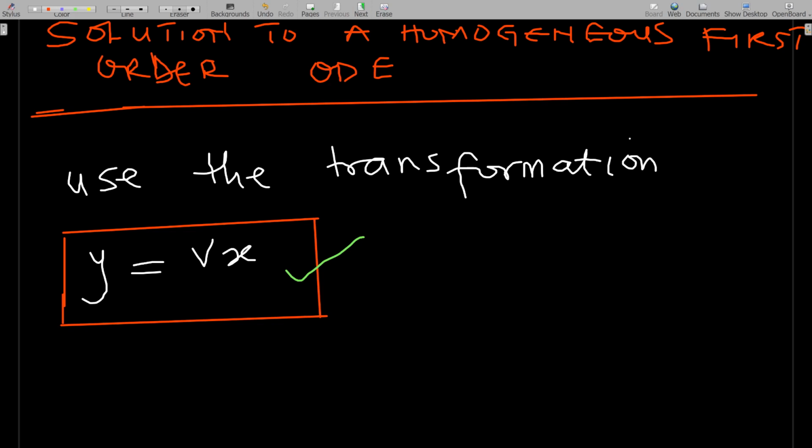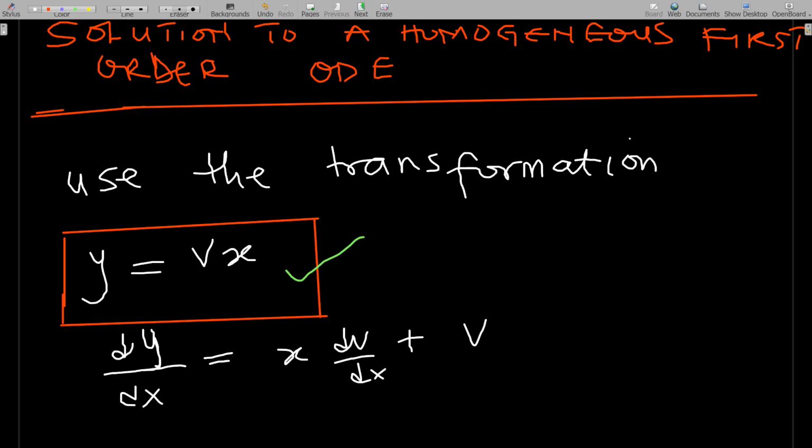Now, if I differentiate this equation implicitly with respect to x, I have dy/dx equals... when I differentiate v, just bear in mind that v is also a function of x. When I differentiate v with respect to x, I'll get dv/dx, keeping x, so I have x dv/dx. Then plus, when I differentiate x with respect to x, I'll just get v. Then, making dy the subject, I multiply through by dx, and I have dy is equal to